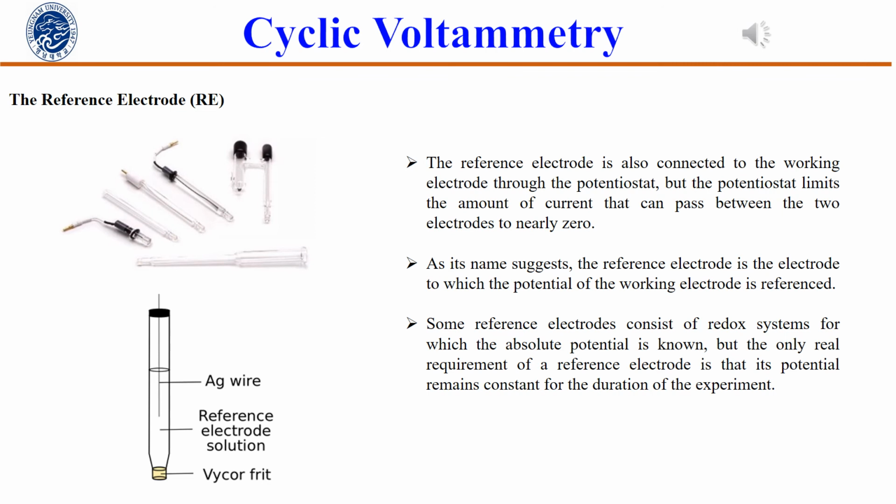The best practice is to isolate the reference electrode from the analyte solution using a Vycor frit. It's a porous glass at the bottom of the reference electrode. It maintains the electrical contact while minimizing solution mixing. So this is a very important part of the reference electrode, the Vycor frit. You can see it here in the figure, at the bottom of the second image, highlighted in light yellow.